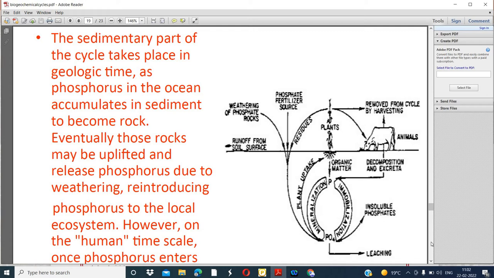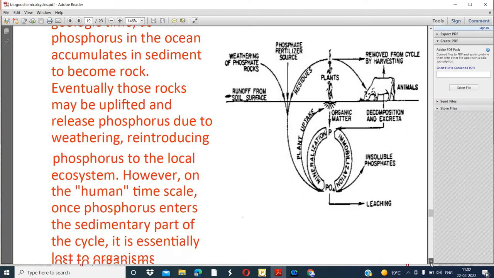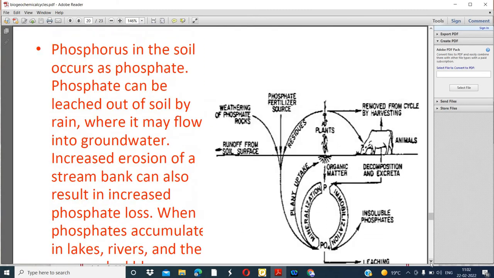So there is an uplifting of the rocks, and phosphorus can be released due to the weathering process, because of season change, so there are changes in the temperature and pressure. So in that way the phosphorus can be introduced into the local ecosystem, so it will be beneficial, it completes the process. But what happens, however, on